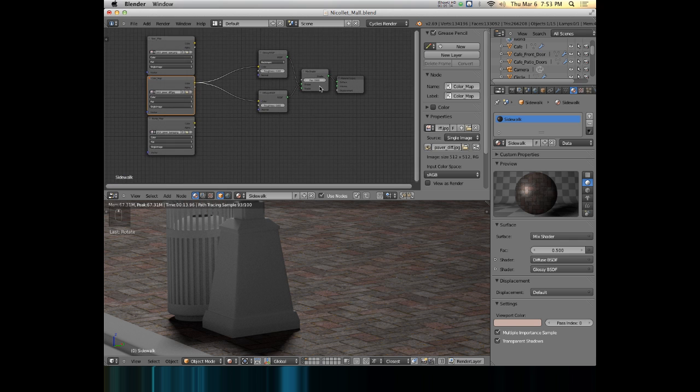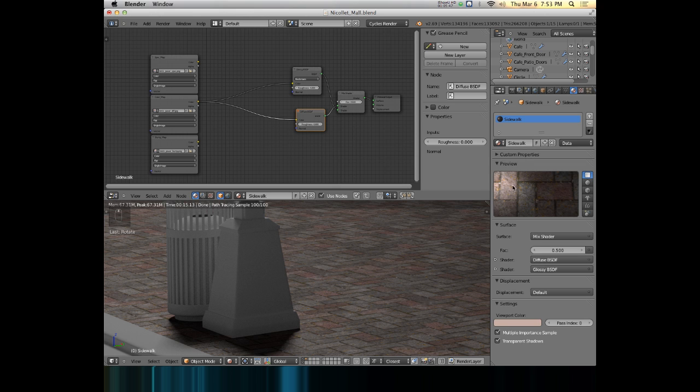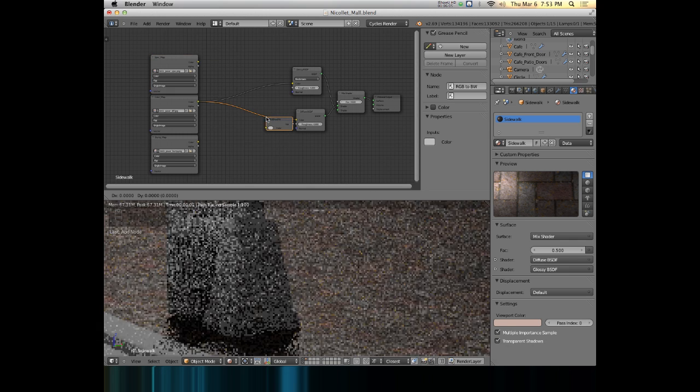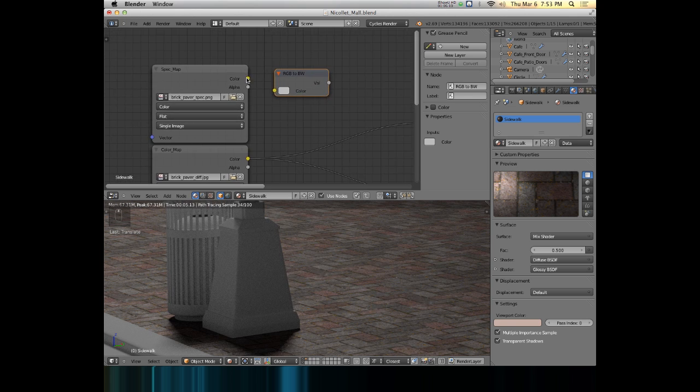All right, so let's work on adding some specular highlights to this. Over here in my materials properties, I'm going to change my preview from the sphere to the plane because it's more accurate to what I'm actually doing. And let's hook up my spec map. So again, I'm using the spec map basically for the values of it. I'm not using the color from it, so I'm going to add in a converter node, RGB to black and white, and I will hook up, I'll zoom in so you can see it, color to color,